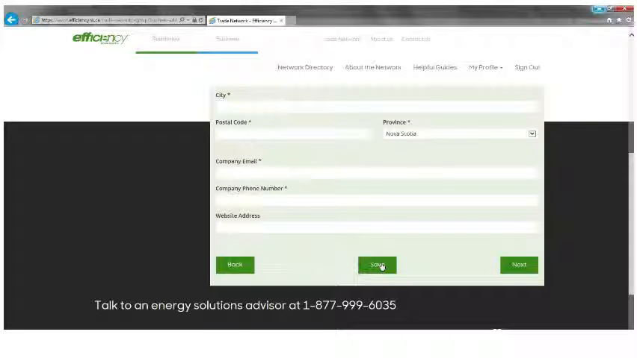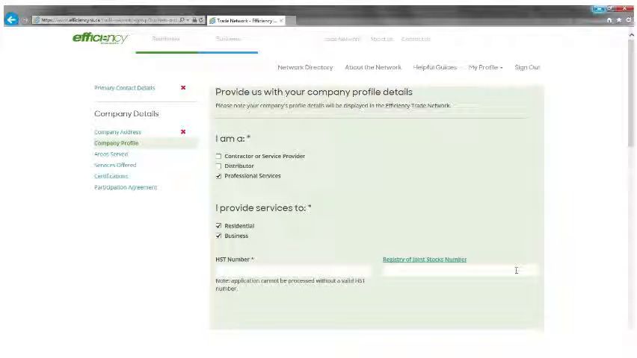So once you've filled that in, again, you can save and come back to it later, or you can hit next and we'll go to the next section. So in terms of profile details, you're going for a builder, you're going to want to select that you are a professional service. Okay. And you're also going to want to let us know whether you provide services for businesses as well as